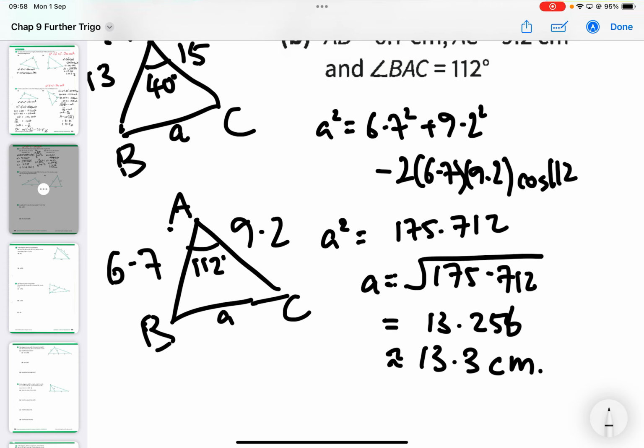Not difficult, right? Once you are able to identify A, B, C angle,